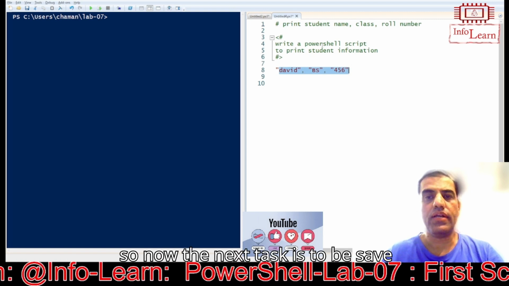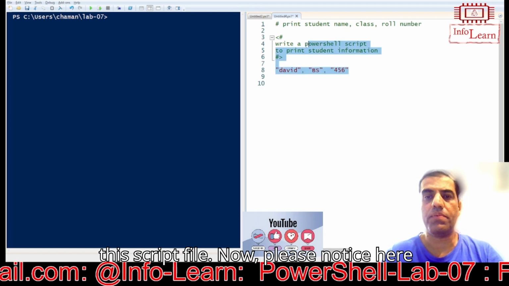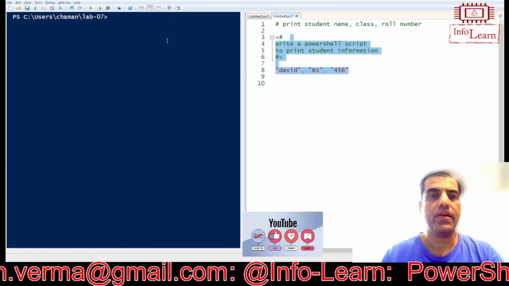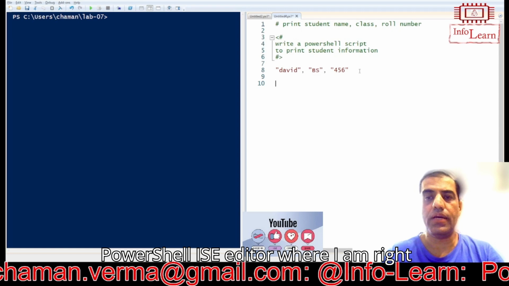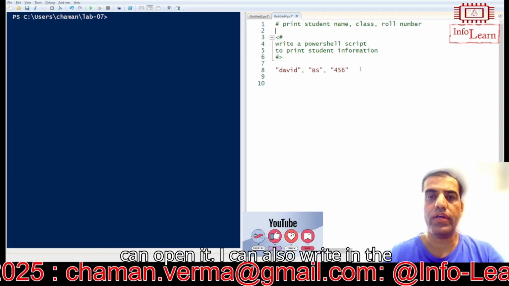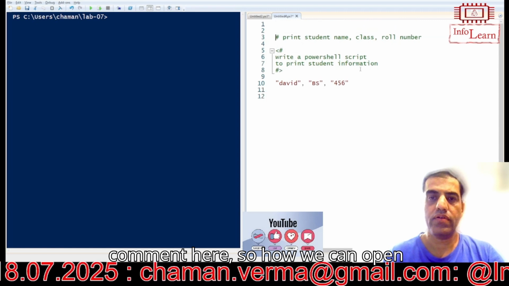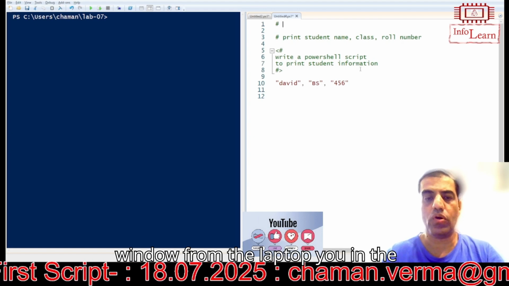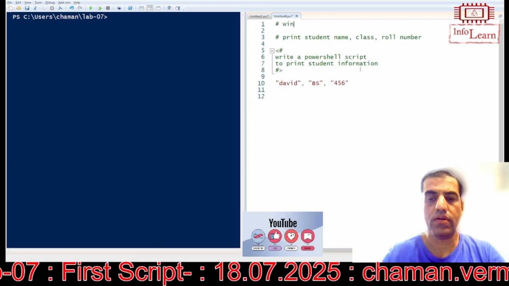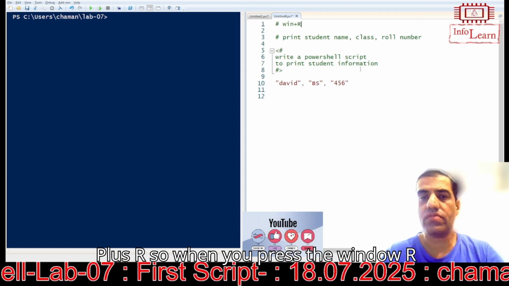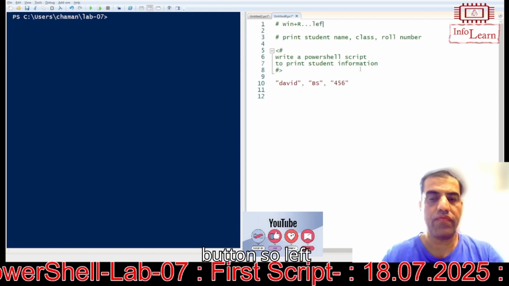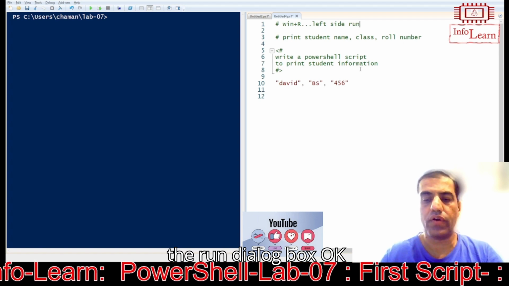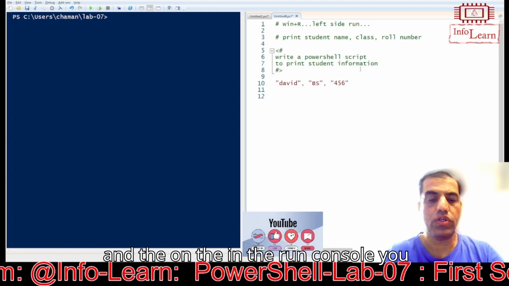Now the next task is to save this script file. Please notice, this is the PowerShell ISE editor where I'm working right now. You should know how we can open it. From the laptop, in Windows, you can press Win+R. When you press the Windows R button, at the left bottom side you will see the Run dialog box. In the Run console you will type